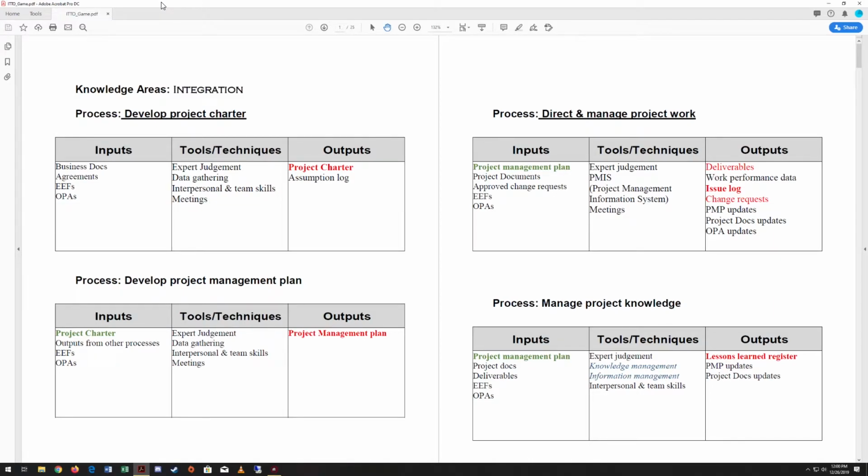Okay, so first we're going to talk about integration. The first process is to develop the project charter. The inputs that we're going to use are the business documents, agreements, EEFs, and OPAs. The tools and techniques that we'll use are expert judgment, data gathering, interpersonal and team skills, and meetings. From this process, we will create the project charter, which is a huge document in this process, and the assumption